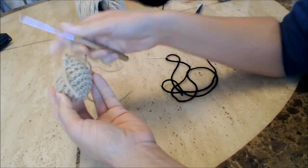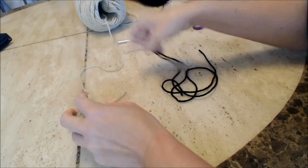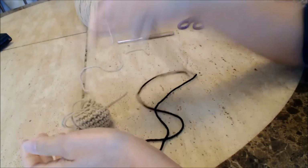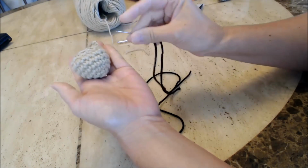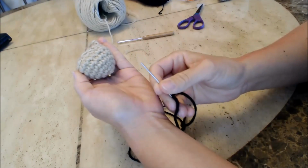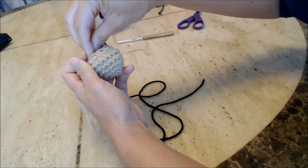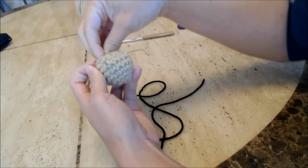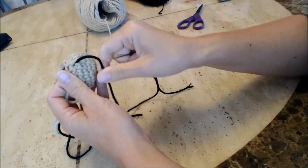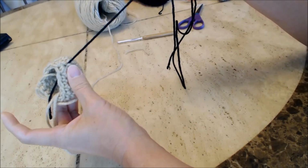Okay, so you should be back to your yarn marker, and so for this step, what we're going to do is go ahead and get your tapestry needle and put your black thread onto your tapestry needle, because we're going to do, you can tell that it's making a little pouch for the foot, so we're going to embroider little toes for the Yorkie. So you're going to come in from the inside towards the top, and then just leave a little bit of yarn, black yarn on the inside for tying your knot,